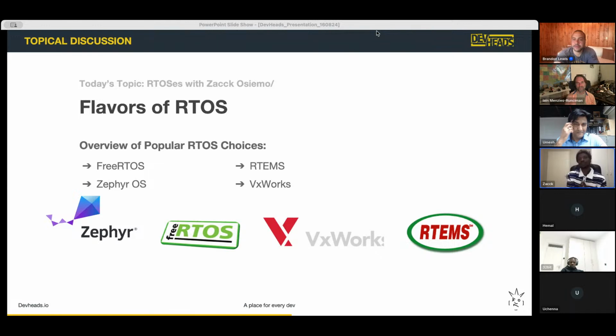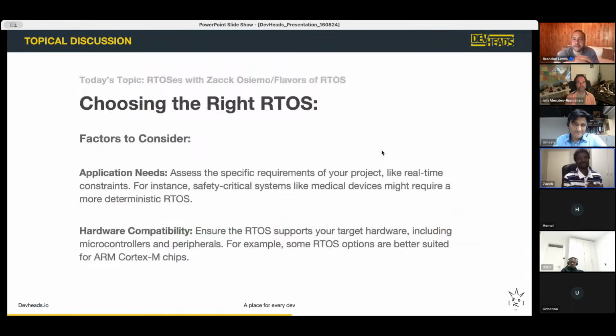Let's look through some factors that you would use when you're choosing an RTOS. Okay, next one, please. So think about what your application needs. Sometimes you just need a scheduler, and you already have a complete application, and you can put a scheduler in it because 2 new tasks got defined, and you need to have some real-time scheduling for them. And for that time, you could use FreeRTOS.